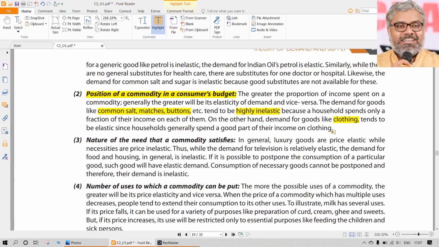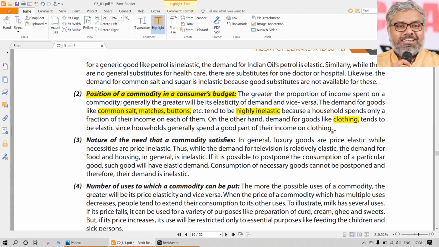So in a monthly consumer's budget, will there be a portion allotted to buying clothes? Generally, no. Maybe once in 2 months, once in 3 months, depending once again on the financial status of the family. Some people may have the affordability of buying clothes only on festivals. Some only once or twice a year. Some may not have that also. The periodicity of buying new clothes and wearing them is not the same for everybody, so a lot of differences will be there.